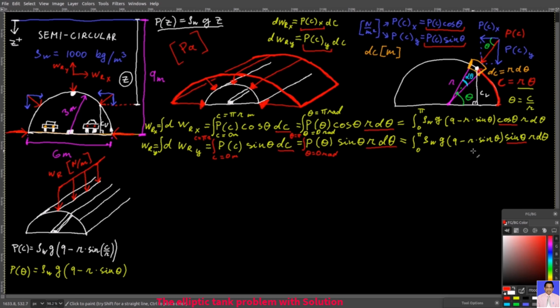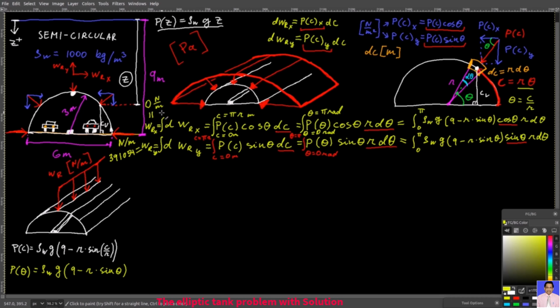And I'm going to use the Wolfram Alpha online integral calculator to do it. If I calculate these integrals, then my WRx will be 0 newtons over meter, and WRy, this number here, 391,054 newtons over meter. It makes sense that your WRx equals